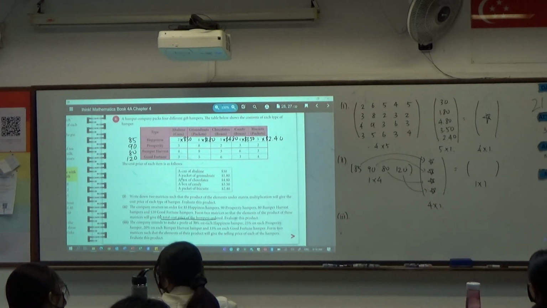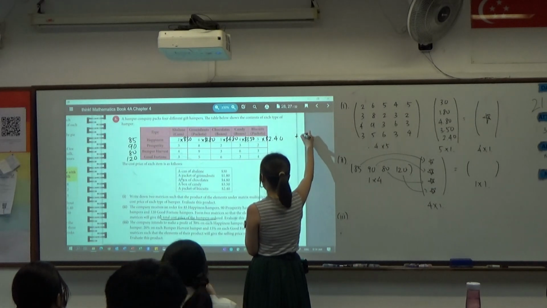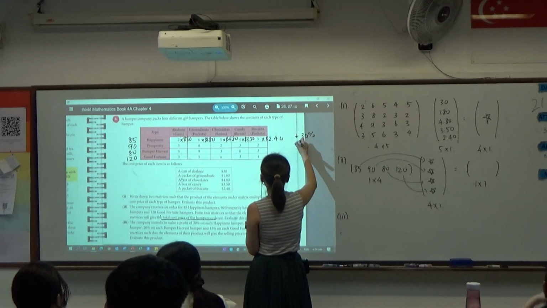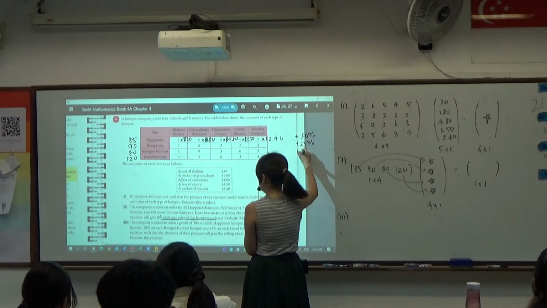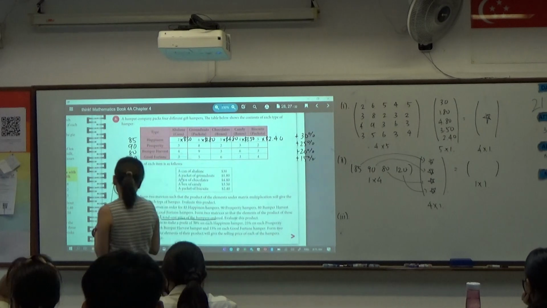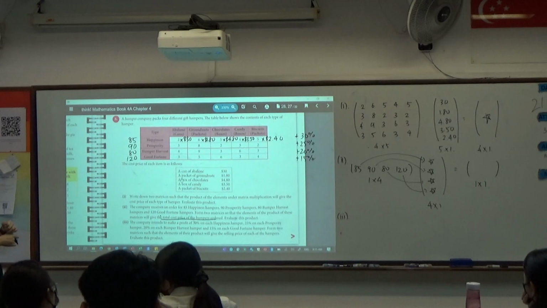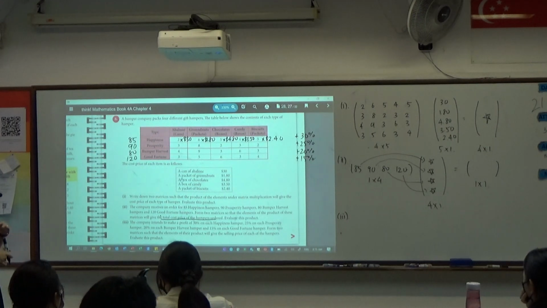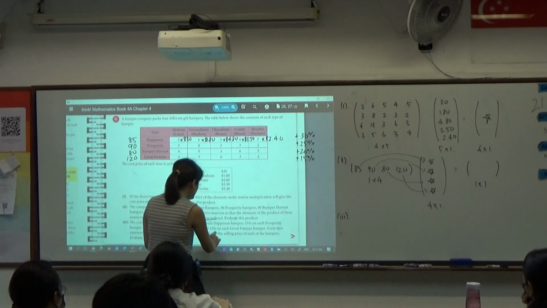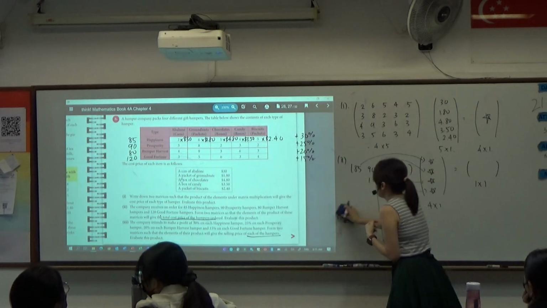Company intends to make a profit of 30% on each happiness hamper, 25% on each prosperity hamper. Let me just write that down. Plus 30%, plus 25%, plus 20%, and plus 15%. Okay, form two such matrices such that the elements of their product will give the eventual selling price of each of the hampers. Okay, so we're looking for each of the selling prices. Okay, so that will mean that